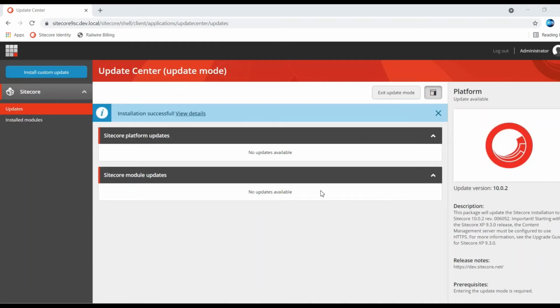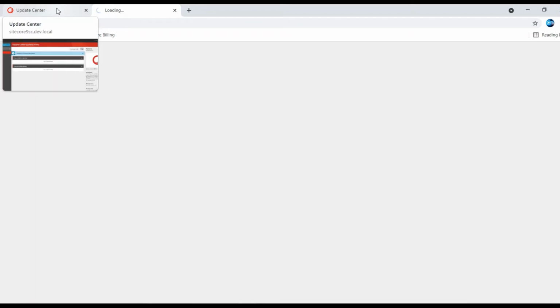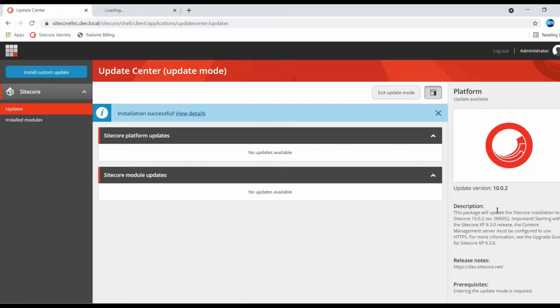After the installation is completed, you see installation successful. We click view details, and you will find your Sitecore is updated to Sitecore 10.0.2. Now the updated version is 10.0.2. I am logging out.